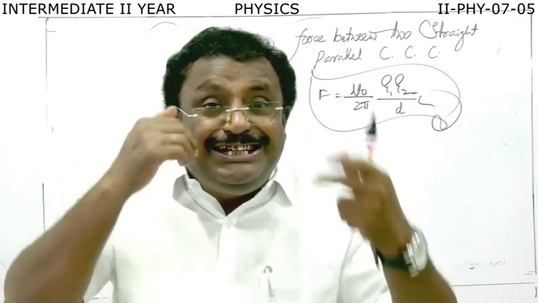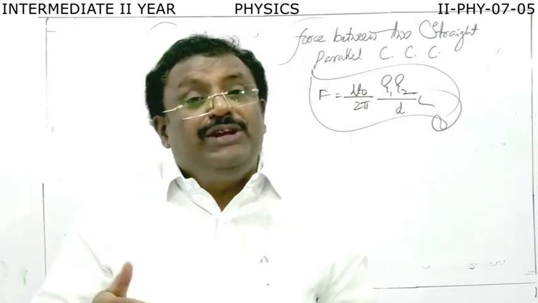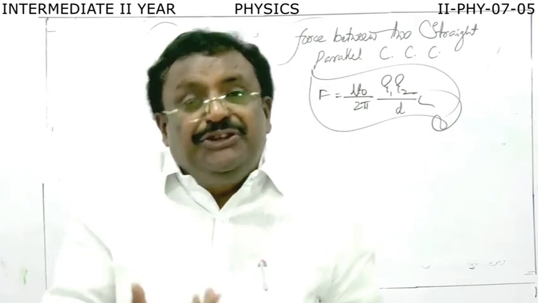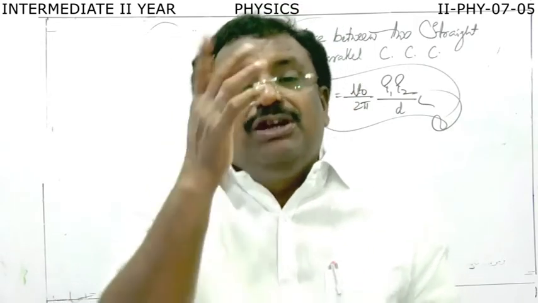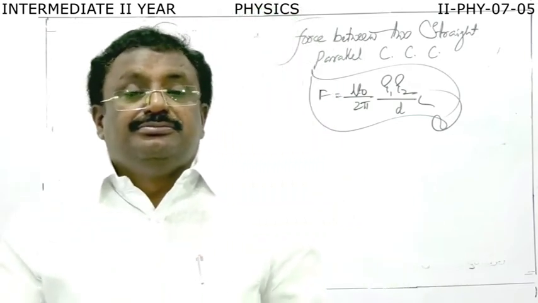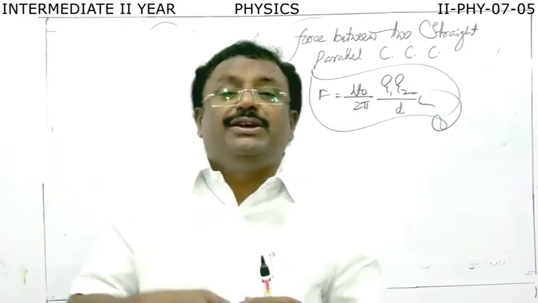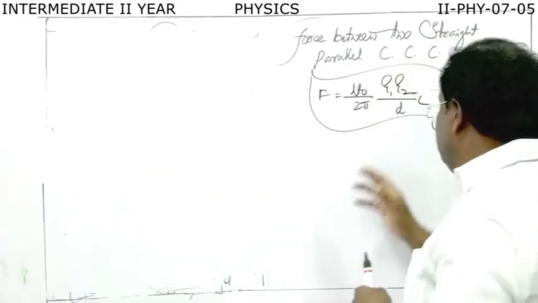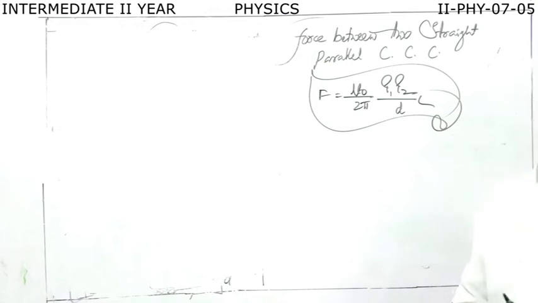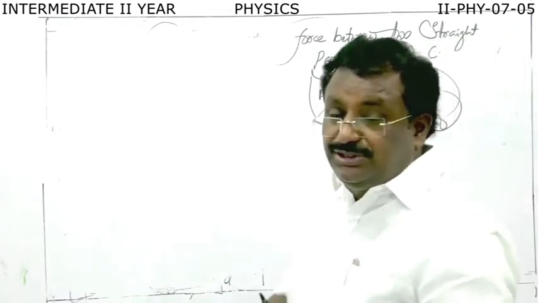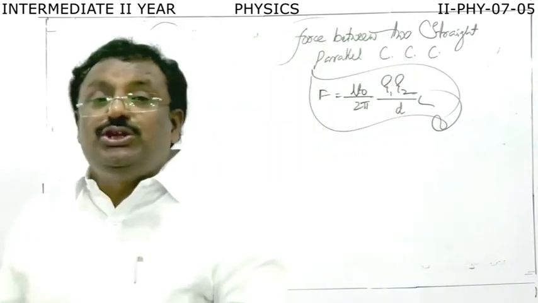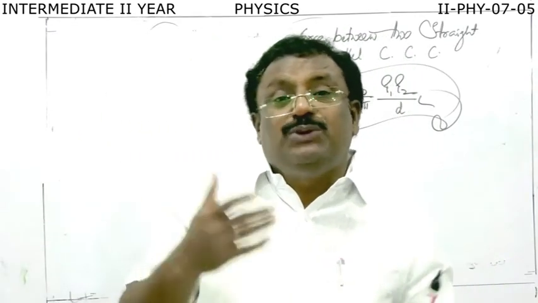But current is not visible. So how can we express it? If I ask you how much current is called 1 ampere, why is it difficult? Because current is not visible. So we are going to define it by using this equation. You studied so many quantities. Force: what is the unit of force? Newton. How much force is called 1 Newton?